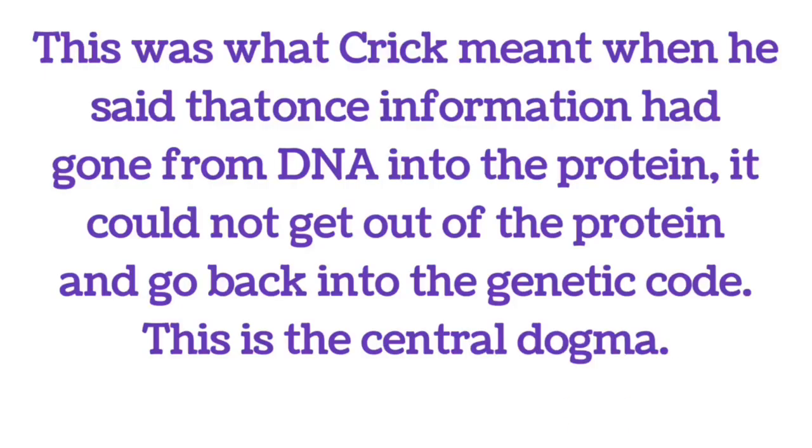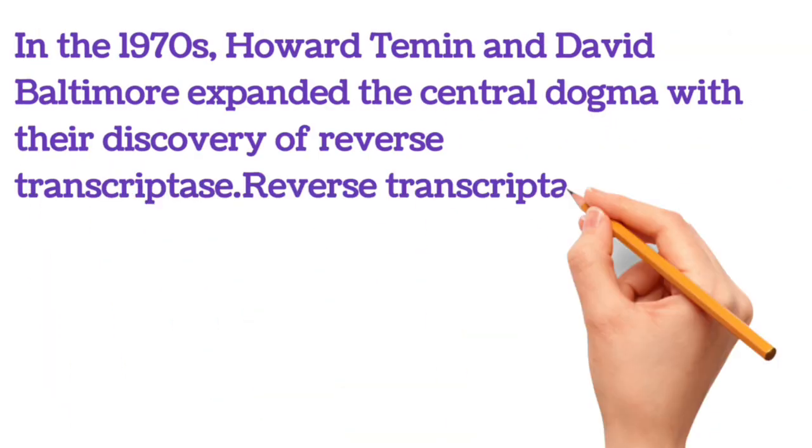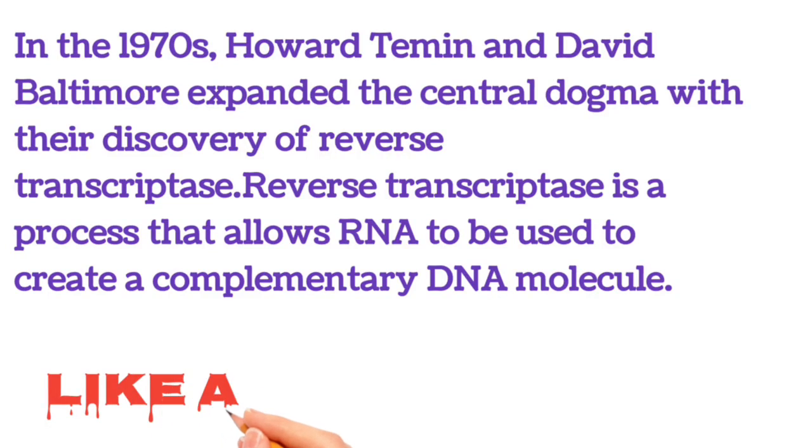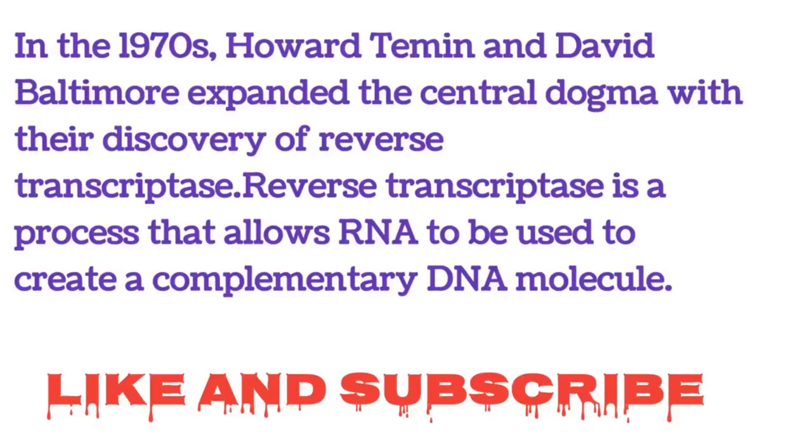Okay, so in the 1970s, scientists Howard Temin and David Baltimore expanded this central dogma with their discovery of reverse transcriptase. Now, reverse transcriptase is a process that allows RNA to be used to create a complementary DNA molecule. Okay, so this is all about the central dogma of life and molecular biology. So, what is the main thing? The main thing is that in this theory, Francis Crick explained the flow of genetic information from DNA to RNA, and then in 1970, a scientist